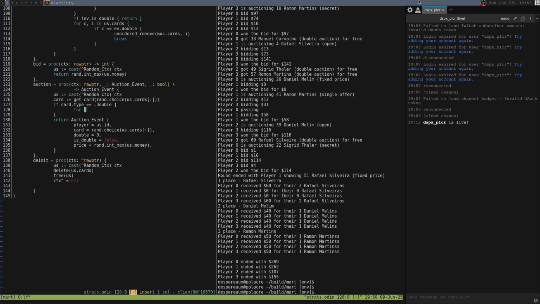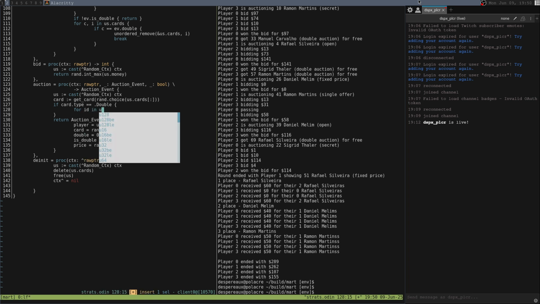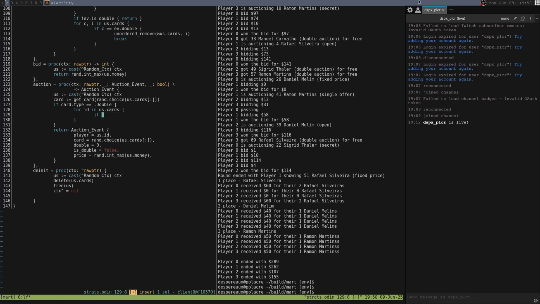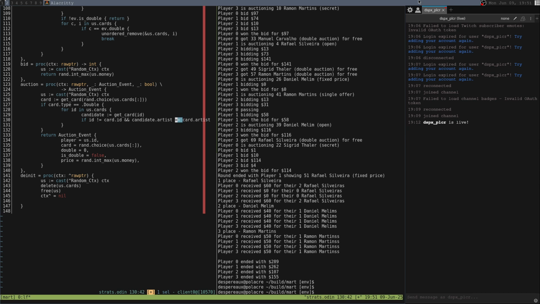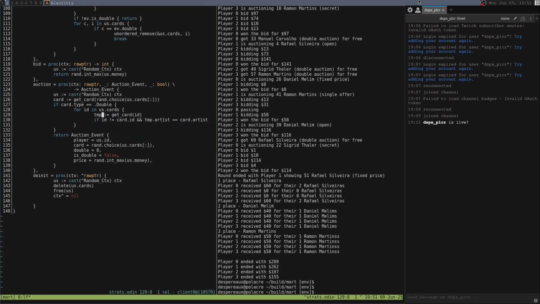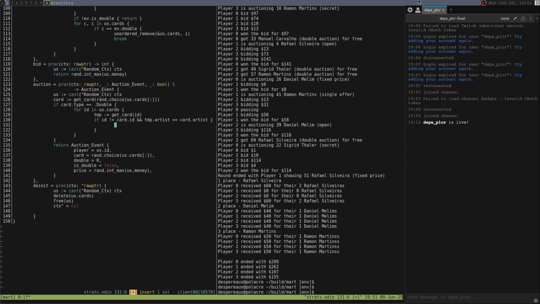So what I'm gonna do is for ID in us.cards, if ID is not equal to card ID and candidate, I guess, get card ID and candidate dot artist equals card dot artist. Just be temp. Then we would choose the double auction, right? Otherwise we'll just do a random. I think that's the way to go. So I think if we happen to randomly choose yet another double auction,